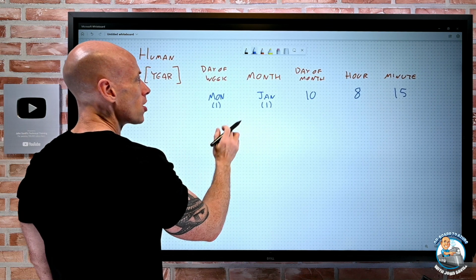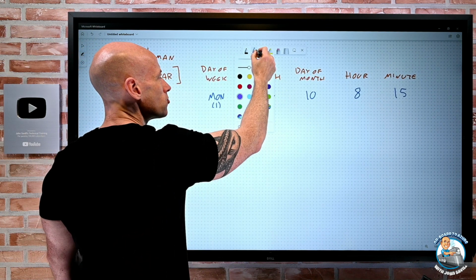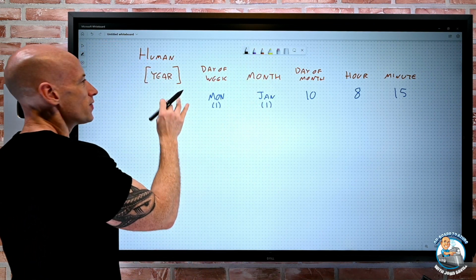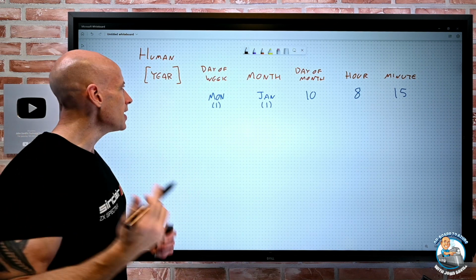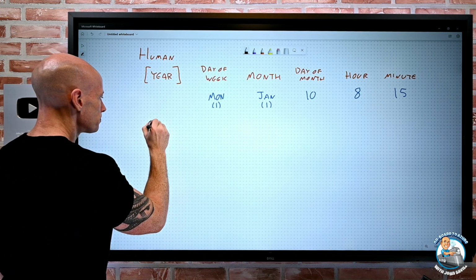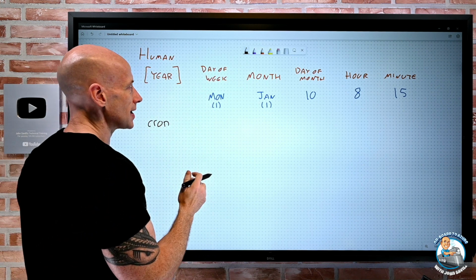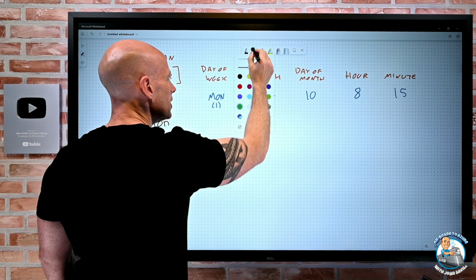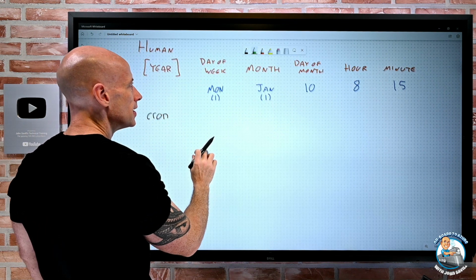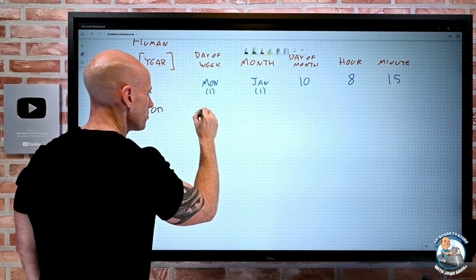And when we think about cron, it's really exactly this. It's just reordered a little bit. So if that's how as a human, I might say, hey, it's Monday, January 10th, 8:15. If we go to cron, the first thing it does is it's reordering these a little bit. So now I could think about, well, actually, it's reversing this. So it's going to start off with minute. So, hey, I have the idea of minute.